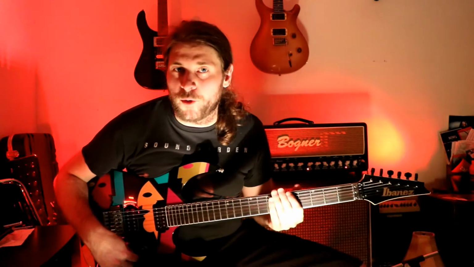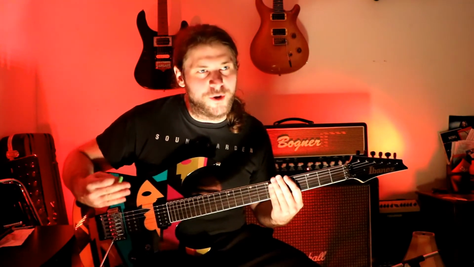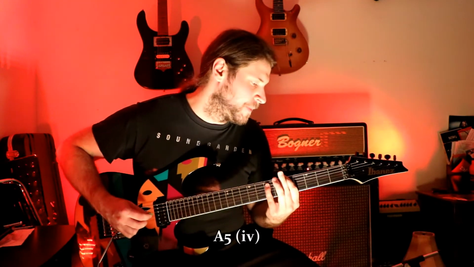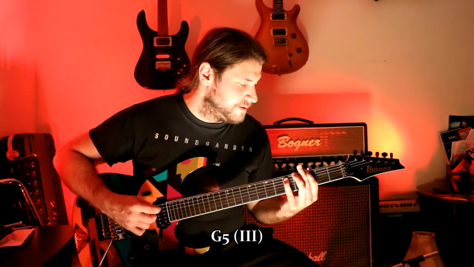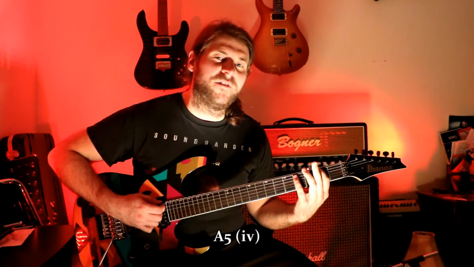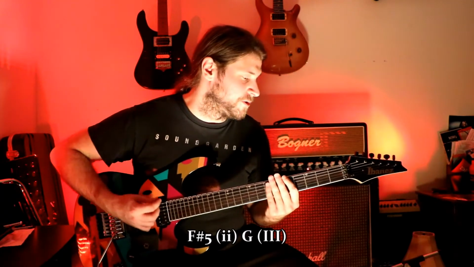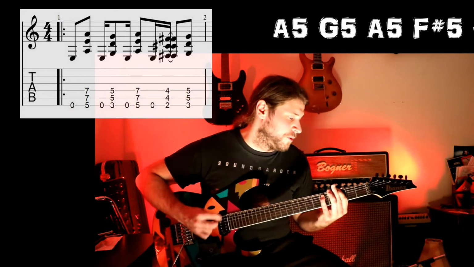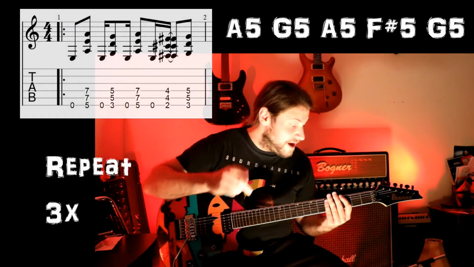So let's take a look at that chorus section. Basically all that's happening is we have three operational chords. A power chord, G power chord on the 3rd fret of the E, A power chord back to the 5th, 2nd fret F sharp, G, which is the 3rd fret. So it goes 5, 3, 5, 2, 3, 5, 3, 5, 2, 3, 5, 3, 5, 2, 3, does that three times, and then we hit into